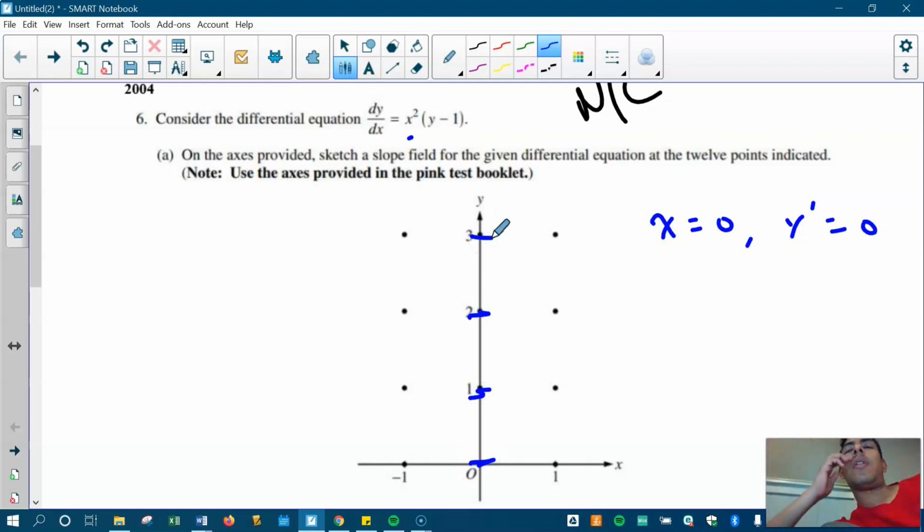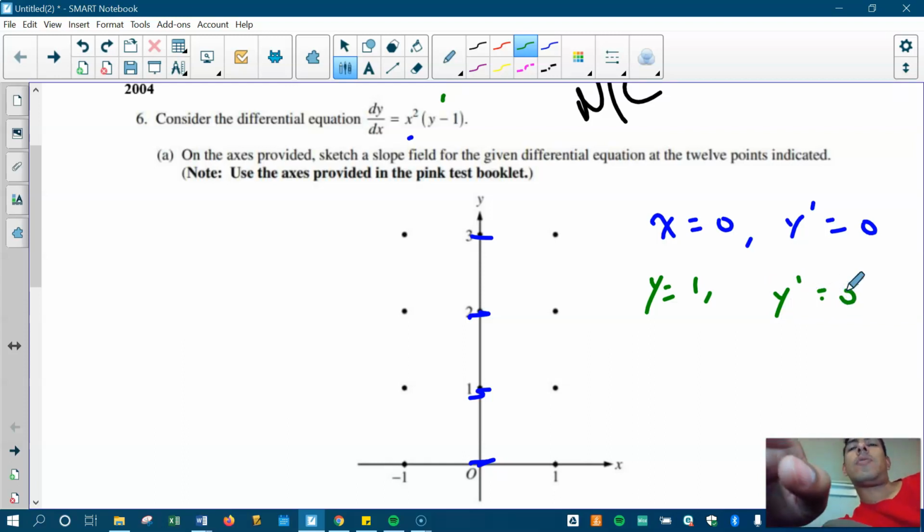That's number 1. Number 2, when y equals 1, 1 minus 1 is 0 times whatever x is, doesn't matter. Y prime equals 0 again. So when y equals 1, we have slopes of 0 as well. Next, I'm just going to plug in the last 4 points. So let's go plug in